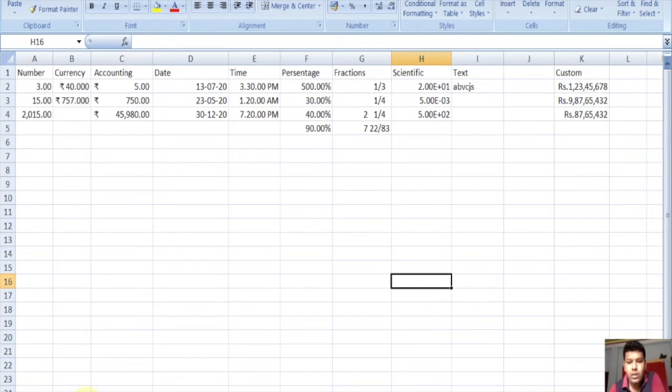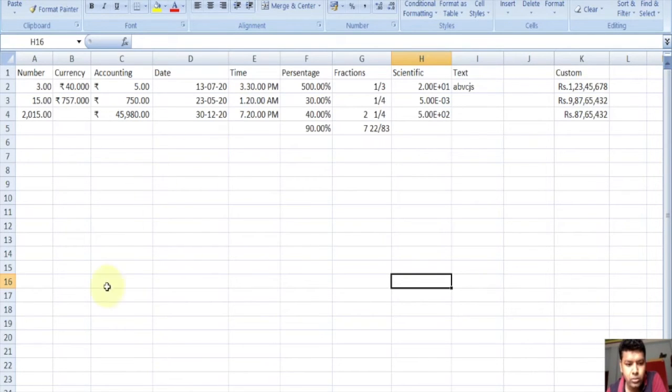Till now we have been learning about formatting Excel cells with various data types of numbers. Now we learn about formatting cells with alignments.